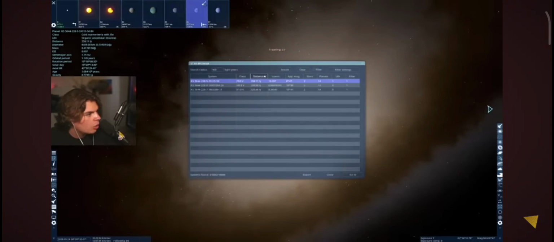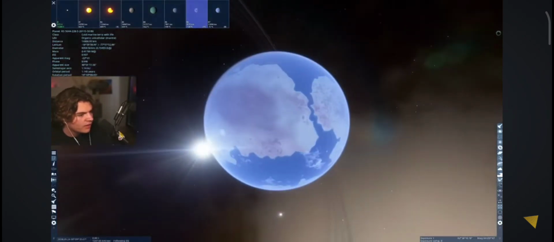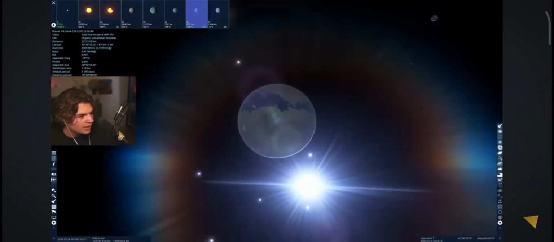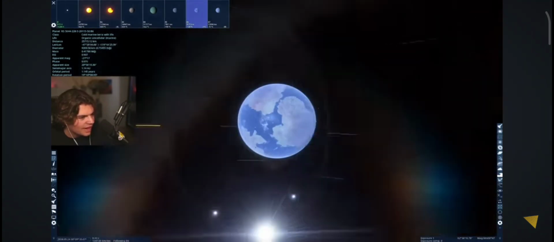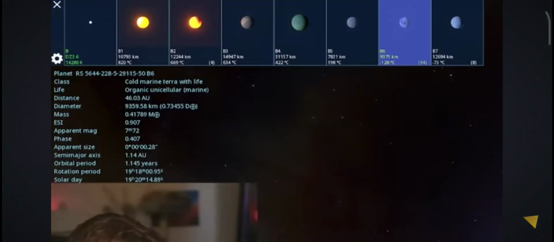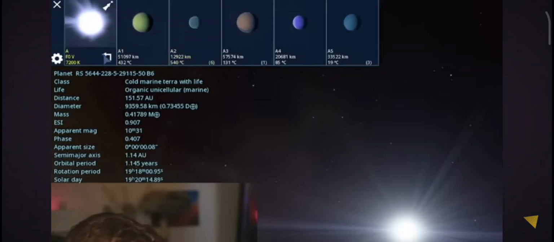Here we go. Cold marine terra with life. So this just has ocean life, but it does have life on it, and it does have a ring system too. And is that, whoa, okay, it's got stars on both sides of it, which is not going to be good for our night sky, but that is really cool to see. These stars are binary with each other, but each star has its own planets around it. So let's not do this one because this one's not going to have a good night sky